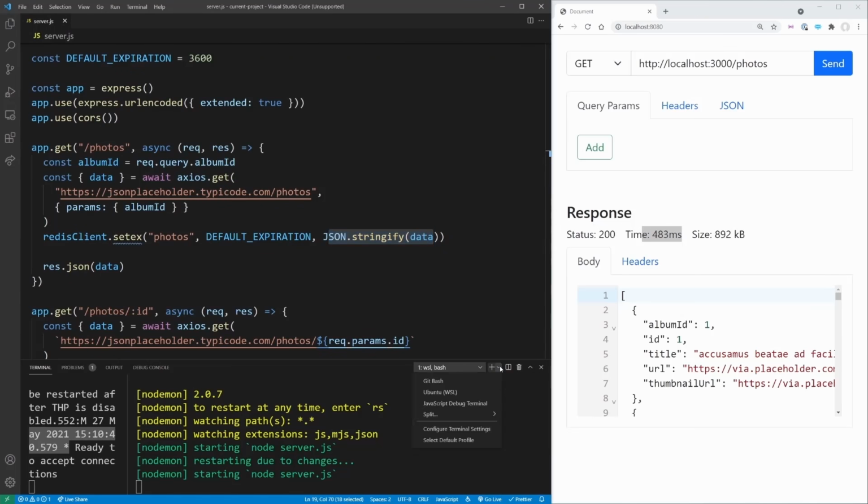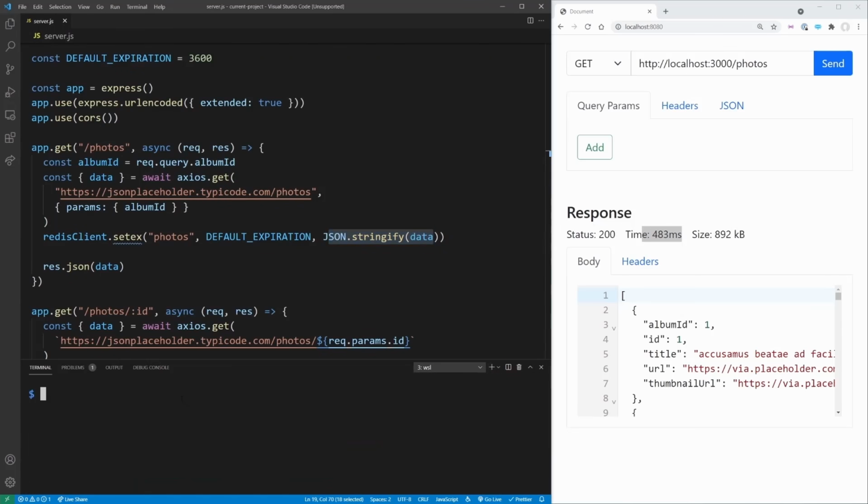So what we can do is open up a new terminal tab here. We can say redis-cli, and we can just say keys *. As you can see, we have that photos key right here, which has the value of this 35,000 lines of JSON. Now that's really great, but right now we're not actually getting that information